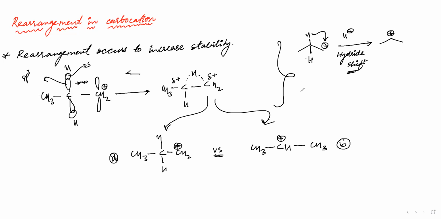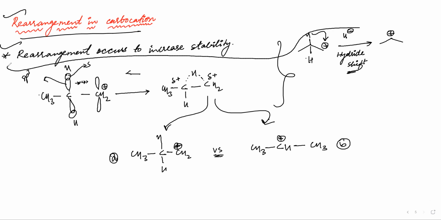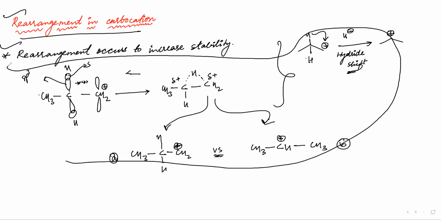So now you have a kind of idea what rearrangement is, and it happens to increase the stability. Now you don't have to note this down. You just write this one line and this other line, and you don't have to worry about the rest. I will be discussing this hydride shift and some other shifts also in the next slide, then you can write it in a very neat way. Are you done writing these two things? That is rearrangement in carbocation, and rearrangement occurs to increase stability. Just write these two statements, then I will move to the next slide.